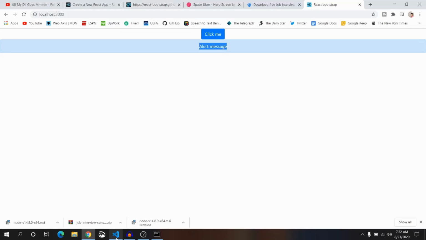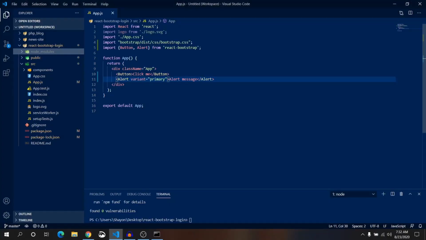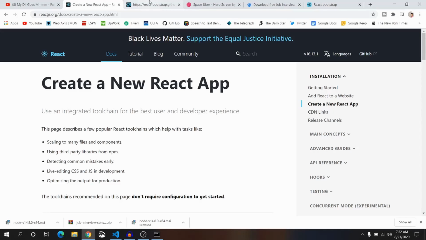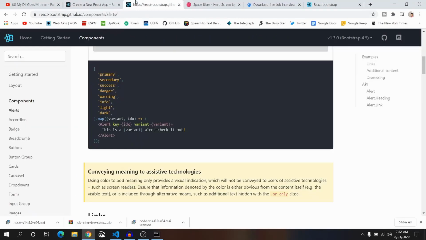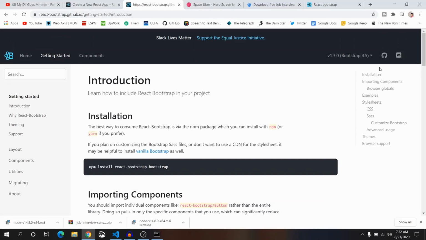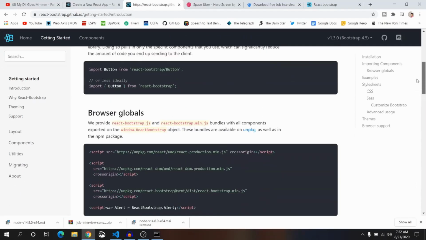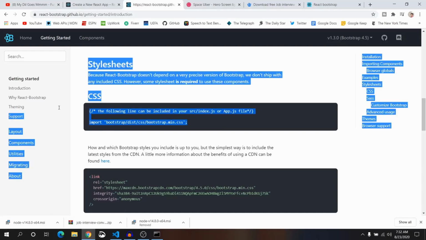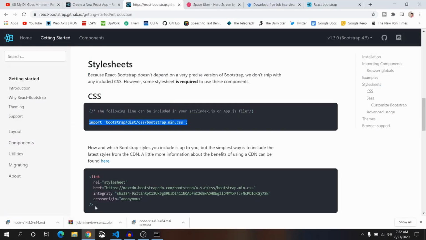Okay. Now there is another way of importing CSS file in here. Just remove this line and we'll use CDN for now. Go to React Bootstrap site. From here click on get started. In below here you see the style sheet. This was the first way and this was the second way.